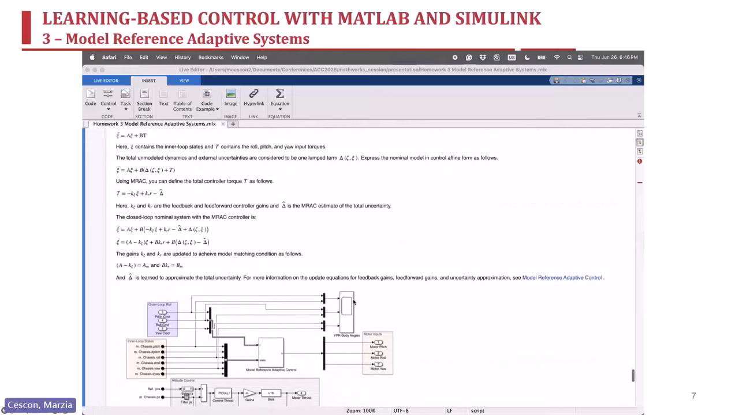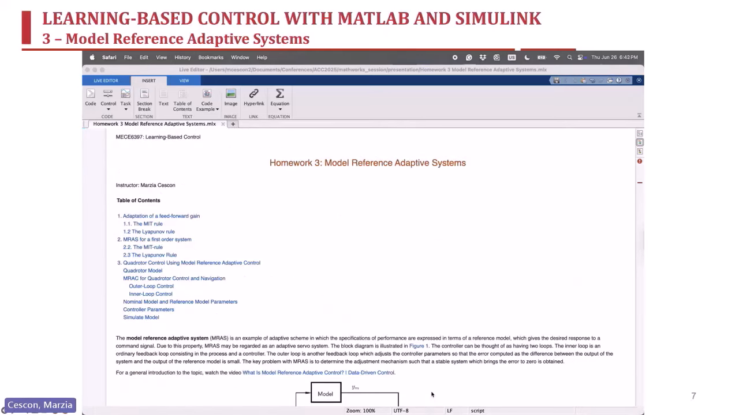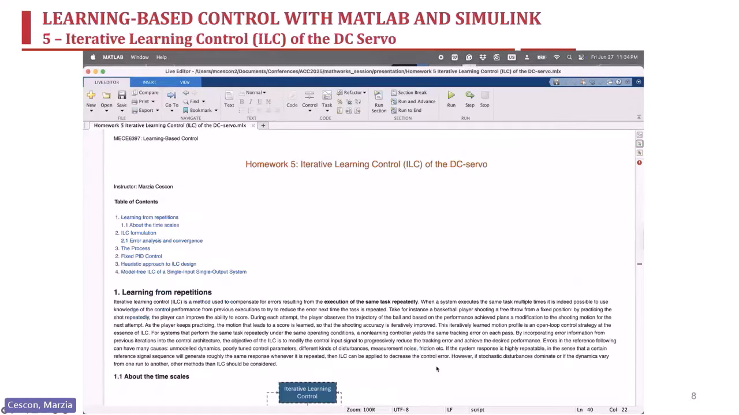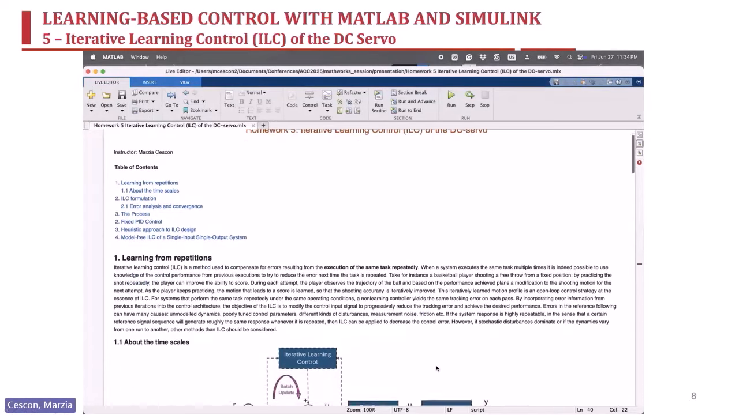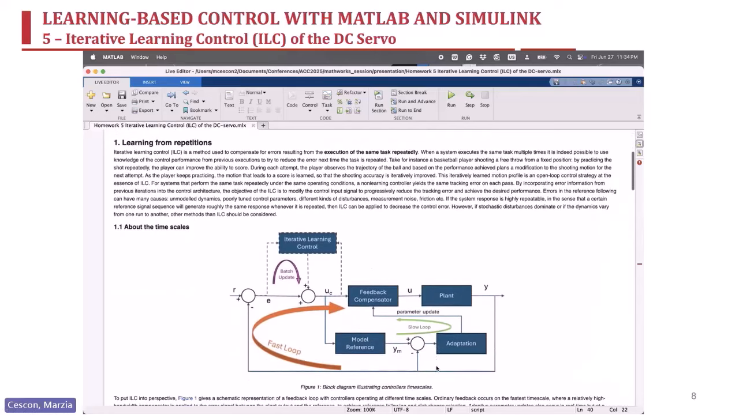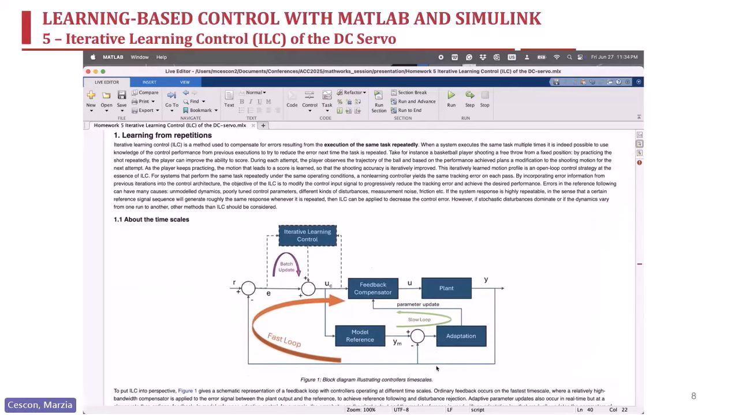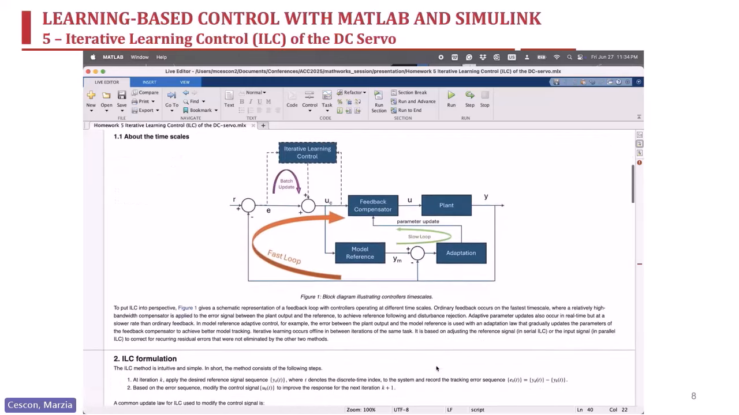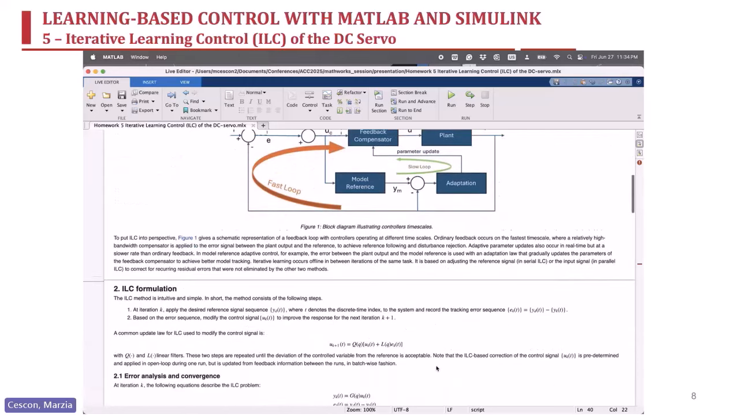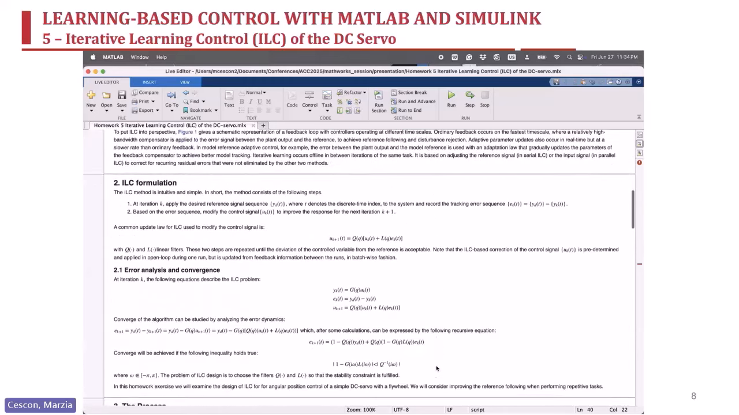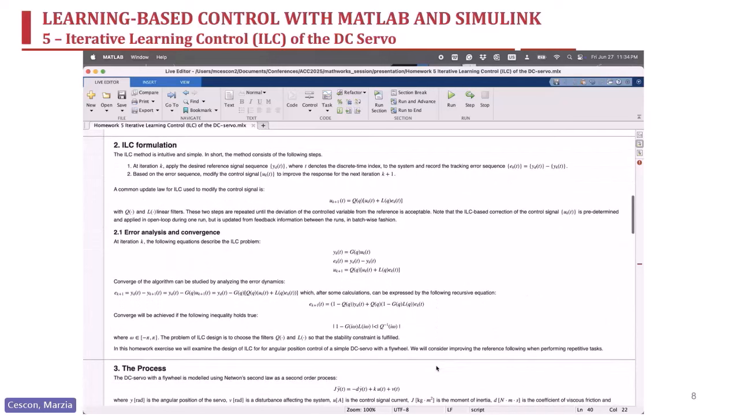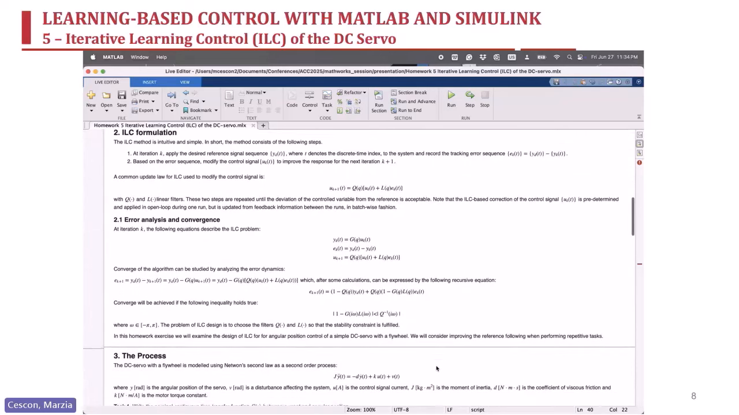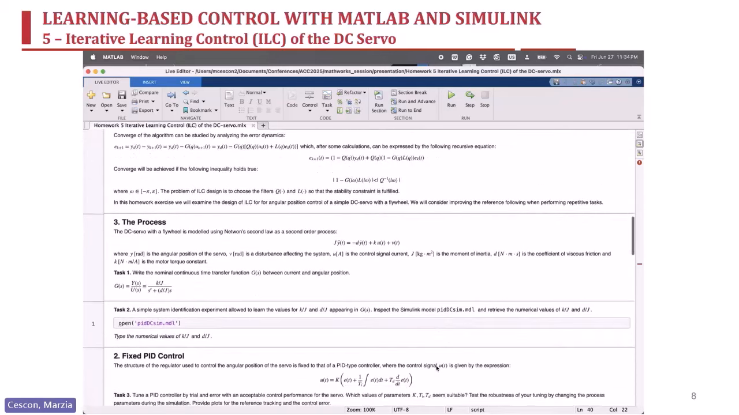Let me give another example. This is homework 5, iterative learning control of the DC servo. Similar concept. In the first part, we introduce the topic. We provide a summary of what we want them to learn. And then in this case, because it's iterative learning control, the way that we have implemented the algorithms would, now